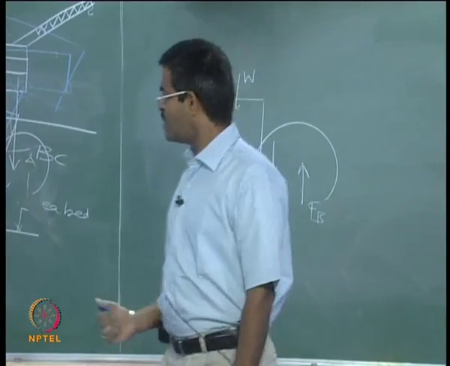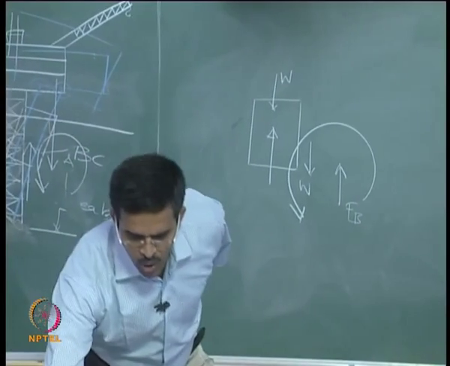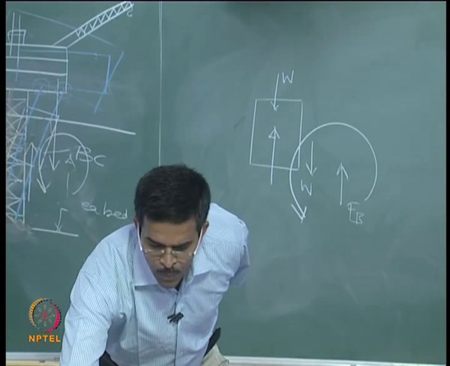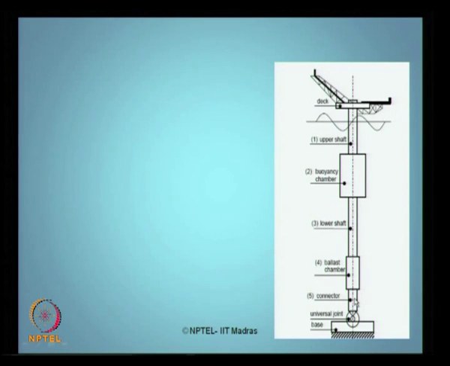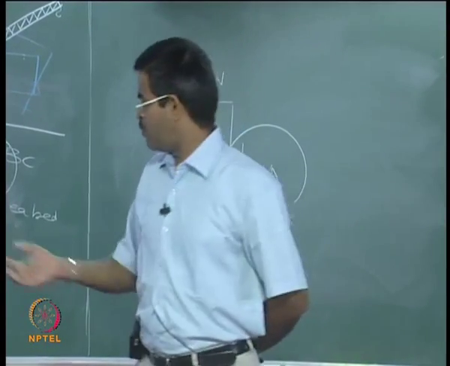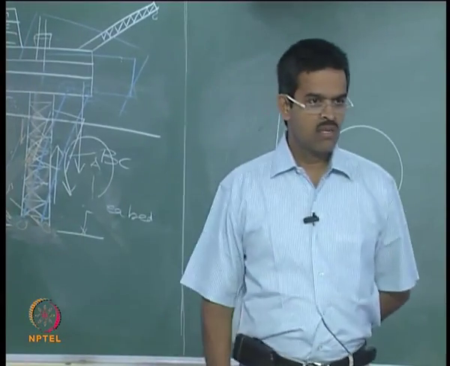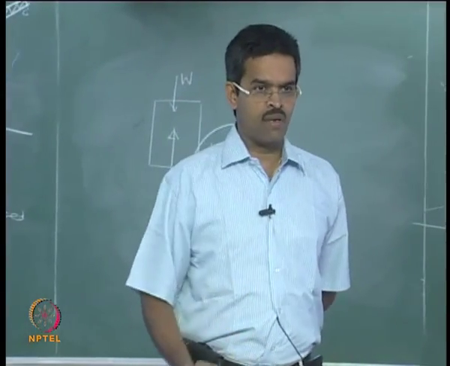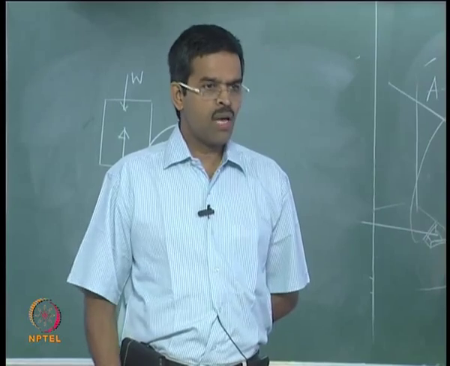Now, think of having a buoyancy chamber at the bottom here. If I put it here, what would be the disadvantage, or is it an advantage? A buoyancy is associated with variable submergence. There has got to be a level of variation in submergence. If you put it here, it is completely submerged. There is no possibility of this variation happening. Where is the buoyancy going to vary? It will not happen.